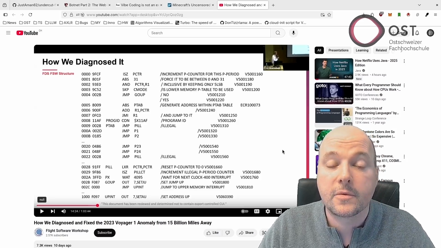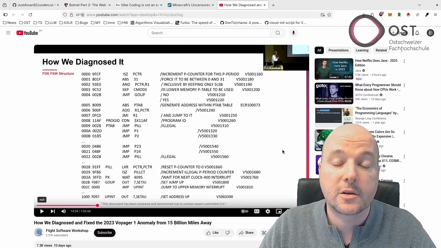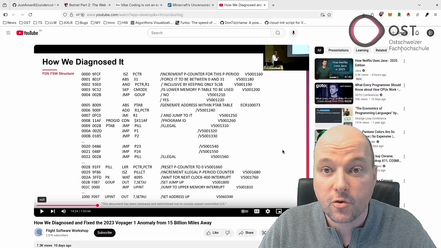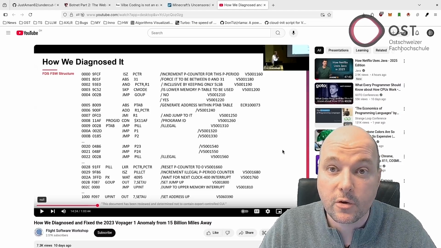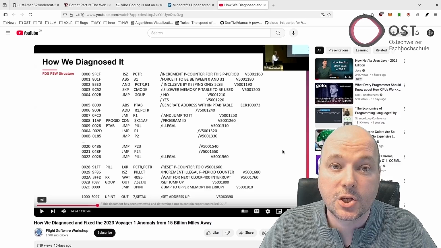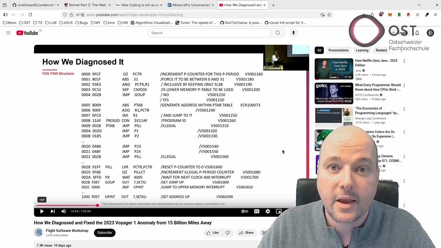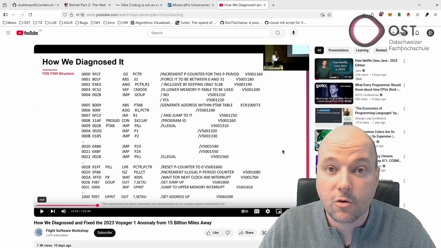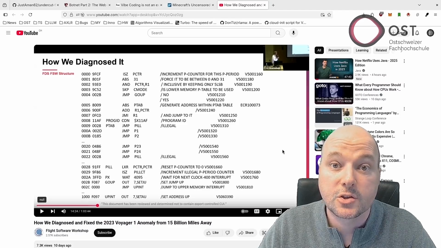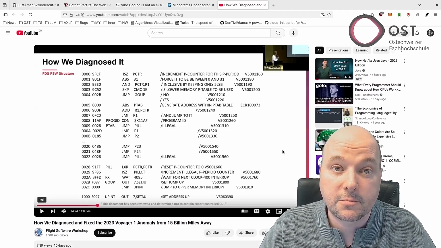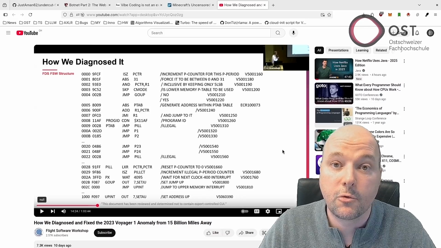And in that year, the Voyager 1 spacecraft suddenly stopped sending meaningful data back to Earth. After a month of troubleshooting, a team of engineers discovered the problem was in the flight data subsystem, which packages science data for transmission to Earth. The team found that a critical memory chip had failed, corrupting 265 memory locations. And this memory contained software routines used by all data modes, explaining why the spacecraft couldn't send any meaningful data